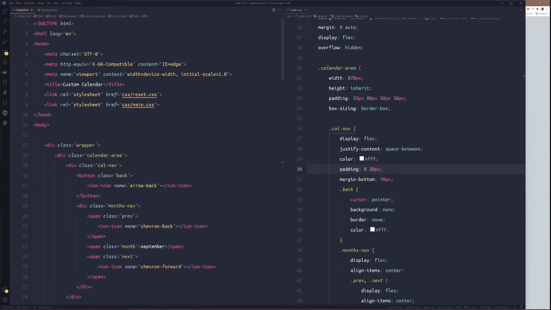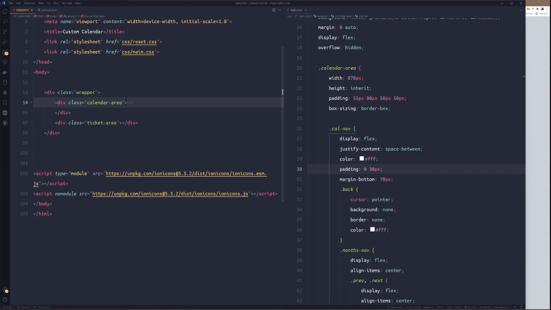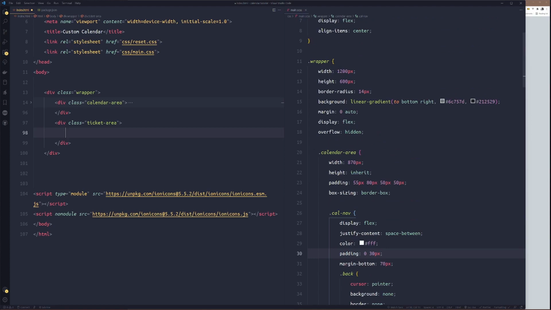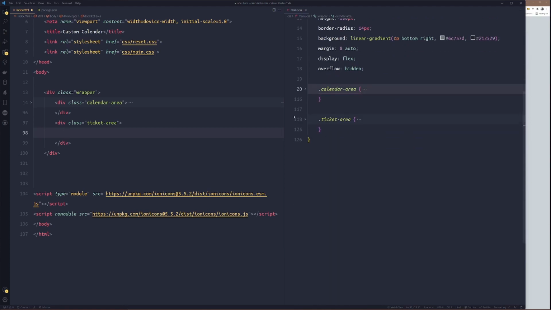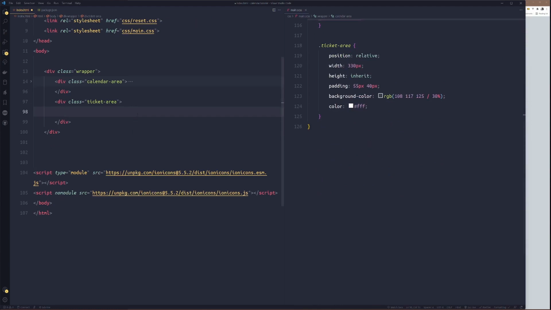More markup. I'll close this calendar area. Then time for the ticket area. The same thing here. Close this, open this one. Alright. So now, what we'll need here for the ticket area? We need a title.